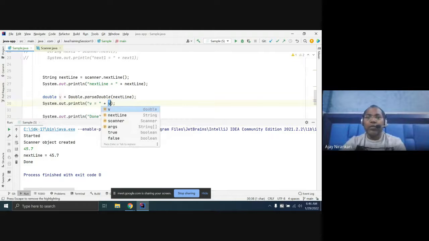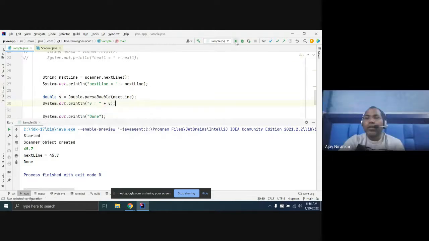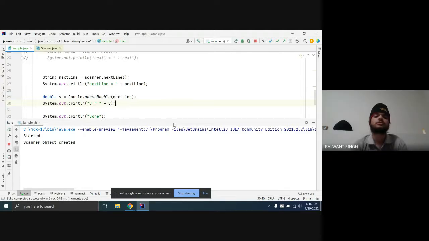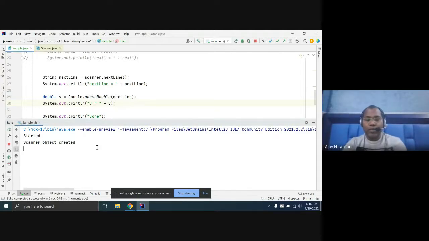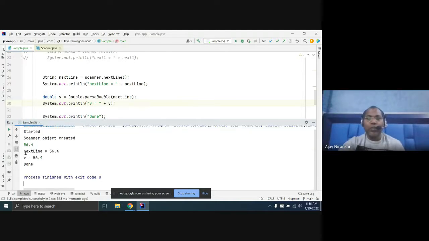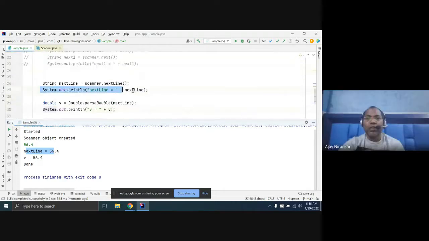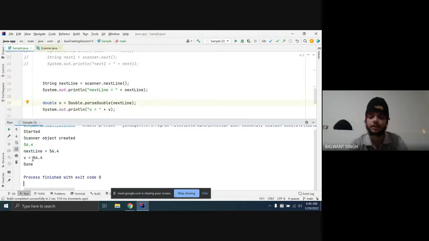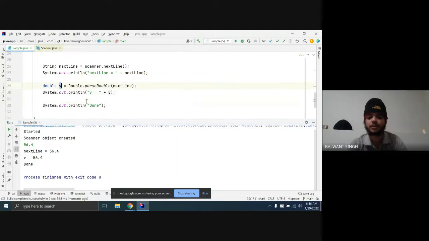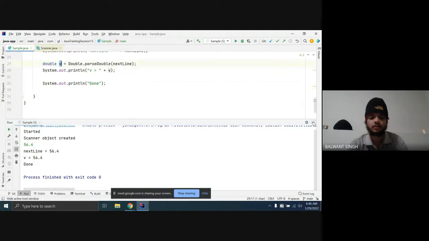Now let's run it, and pass 45.4. This is your string, and now you can convert it to a double and get it. If we want to do any calculations, we can do them with it. So now you have an option.